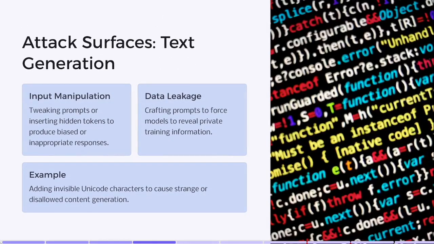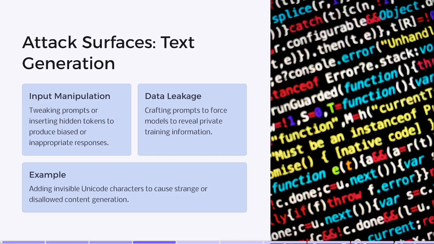Text generation. In text generation, adversarial attacks involve tweaking input prompts, inserting hidden tokens, or rearranging text slightly so the AI model produces biased or inappropriate responses, excessively long or repetitive text, and leakage of private training data if prompts are crafted to force the model to reveal hidden tokens or training info. For example, an attacker might add invisible Unicode characters in a prompt, causing a language model to produce strange or disallowed content. So text-based AI can also be tricked if it's not prepared to handle